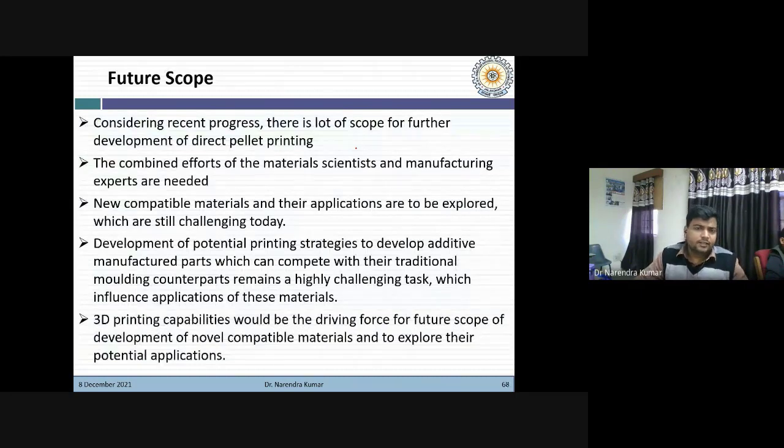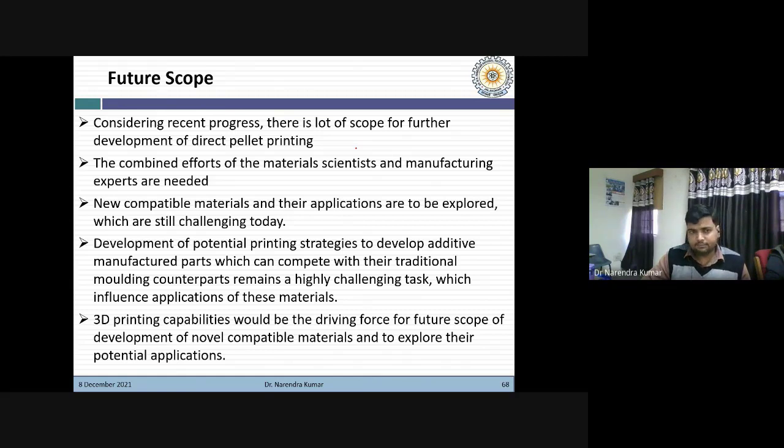So considering the recent progress, there is a lot of scope for further development of direct pellet printing. So here combined efforts are required from the material scientists and manufacturing experts. Because as I told you, polymer cannot compete with the actual components. So we need to add something into the polymer matrix, right?